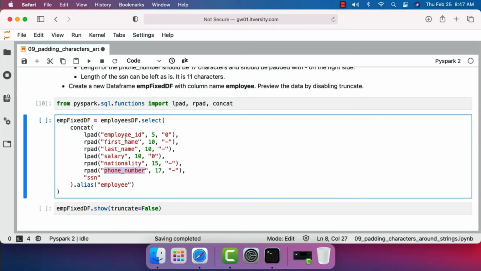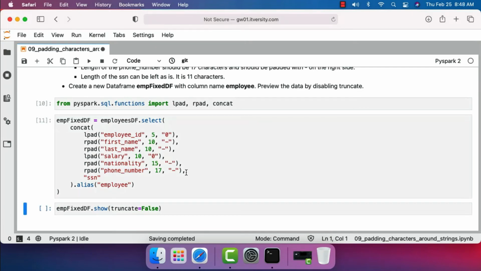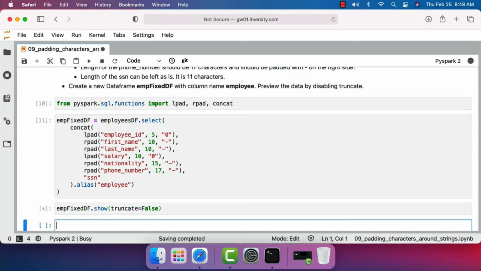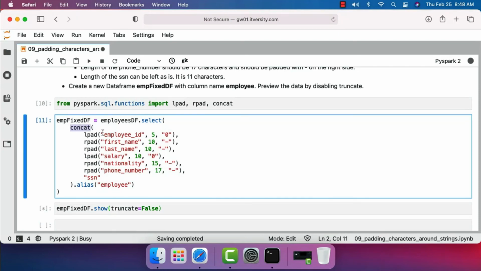However, if the length of existing fields are higher than the desired length, if you use this approach, it will actually trim off those additional characters and it will make sure that the length of each and every field is fixed with this desired length. Let's run this. You should be able to see the output by running this. We are also concatenating all these fixed length fields to create a single column data frame.